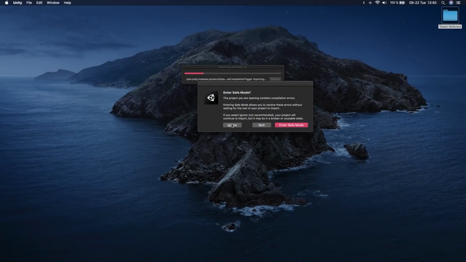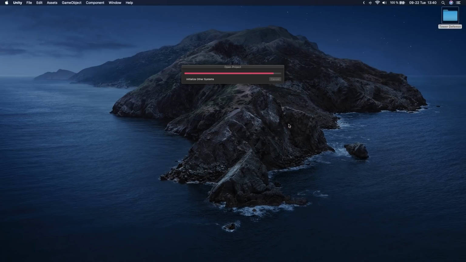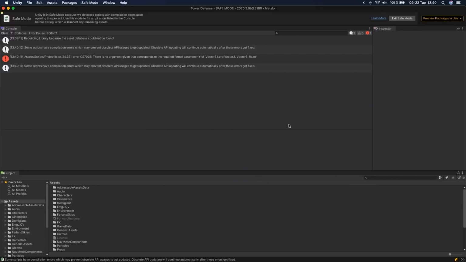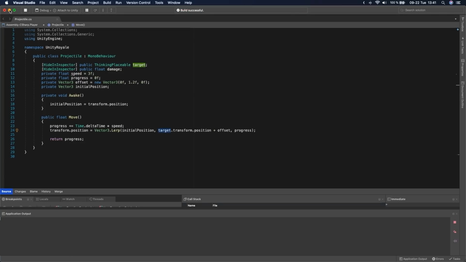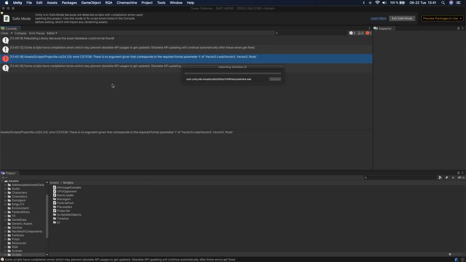Unity Safe Mode is available in 2020.2. With it, we are improving how Unity behaves when opening a project which has script compilation errors. If there are compilation errors at editor startup, you will be prompted to enter Safe Mode, which is designed to provide the best environment for resolving them, so you can quickly return your project to a functional state, without waiting for unnecessary imports